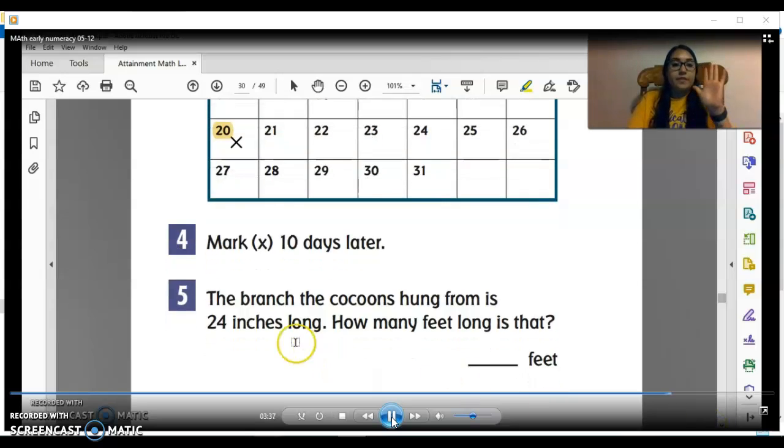Number 5. The branch the cocoons hung from is 24 inches long. How many feet long is that? 24 inches long. Remember, 12 inches equals 1 foot. How many